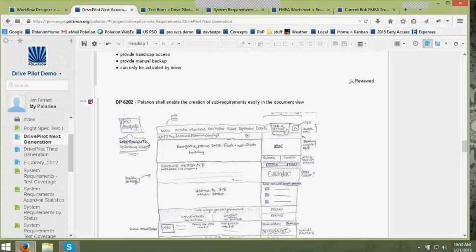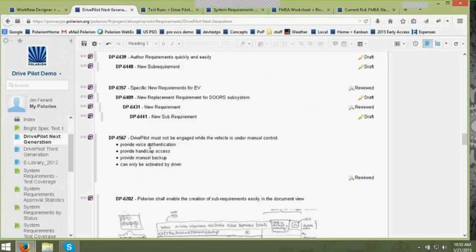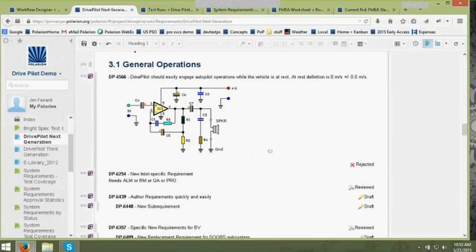In the case of Polarion, each one of these items is a separate piece, and each piece can be worked on individually or shared. If two people happen to work on the exact same thing at the exact same time, Polarion is capable of letting you know that happened and will not overwrite anything for you. So what's in this document are requirements, and that's what these little indicators over to the left are.